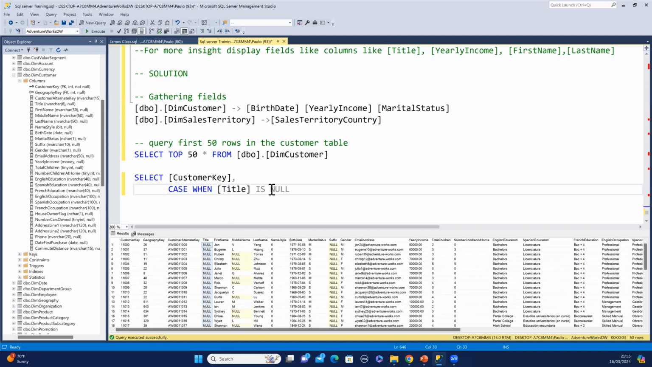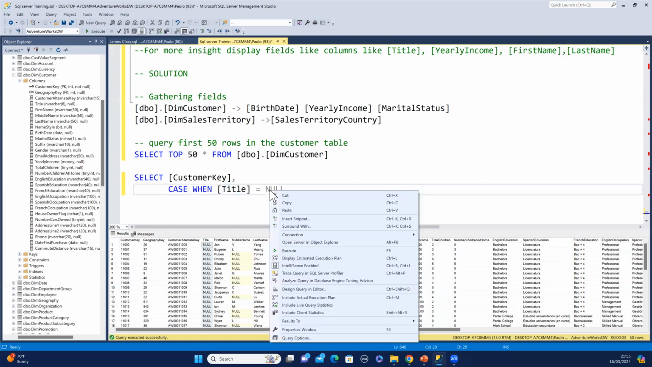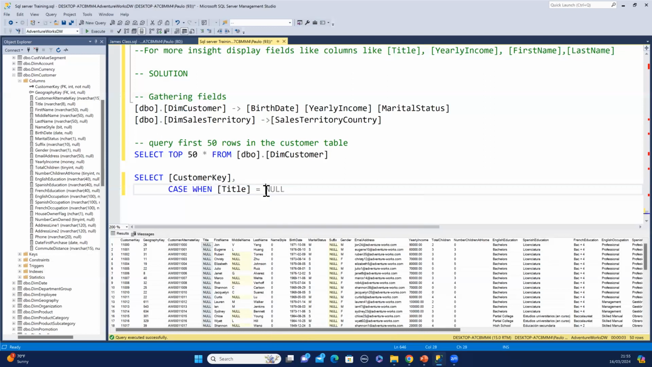Don't say title equal to null. That is a big L. Null is not a string. Null is not a value. We've established that several times. So when title is null, right? When title is null,